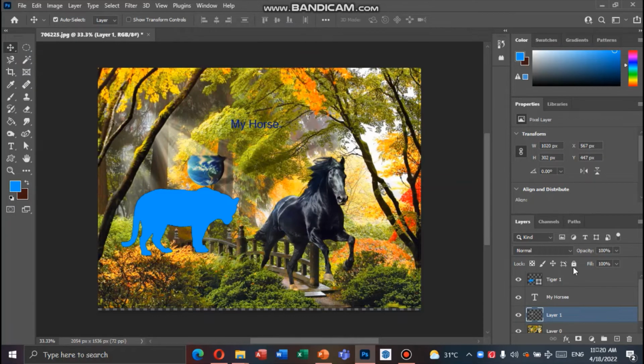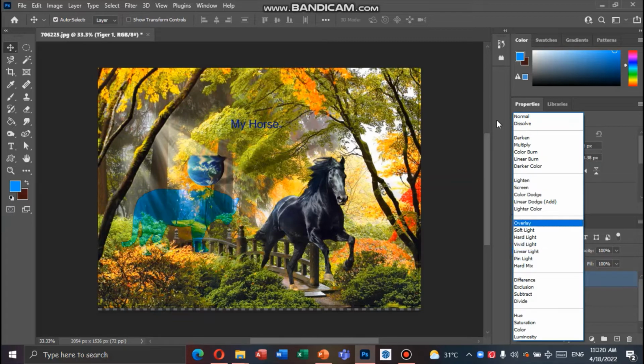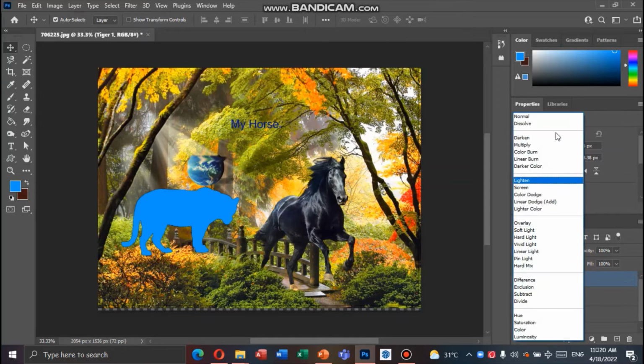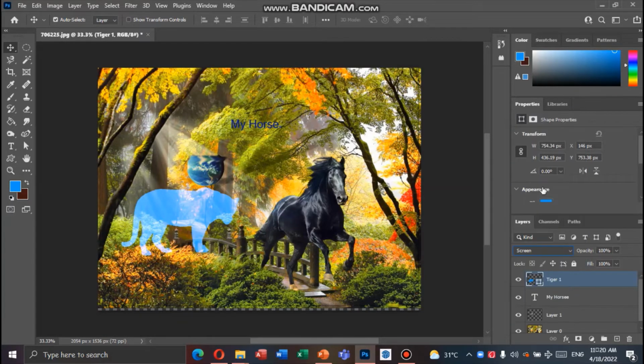Then you can see here there's Normal, where you can select a number of color patterns or options. We can darken, lighten, or put a pattern, or just put light, dark, lighten, screen, any of these options, and just lighten the image. So if you put the screen option, you can see the tiger. I select the tiger and put the screen option. You can see the tiger is transparent, fully